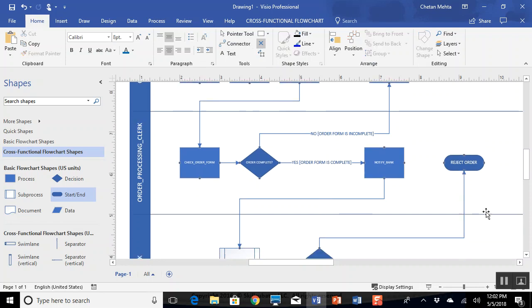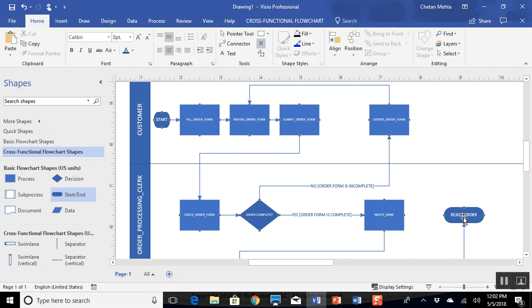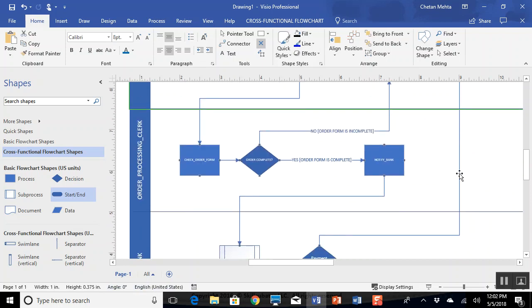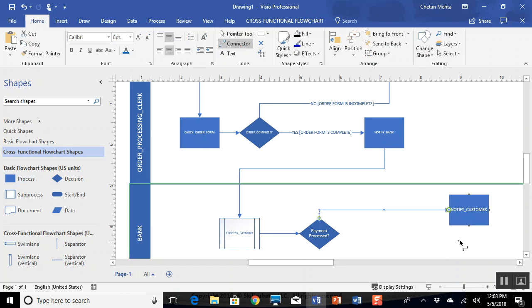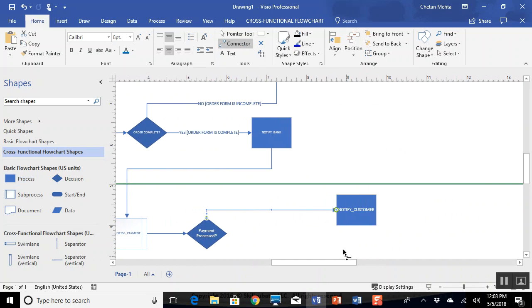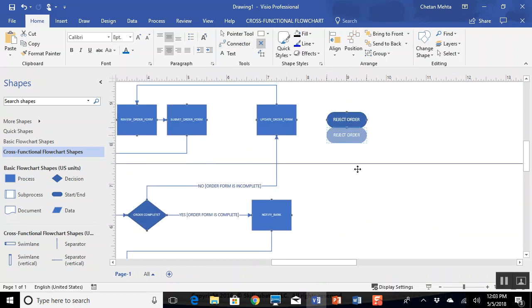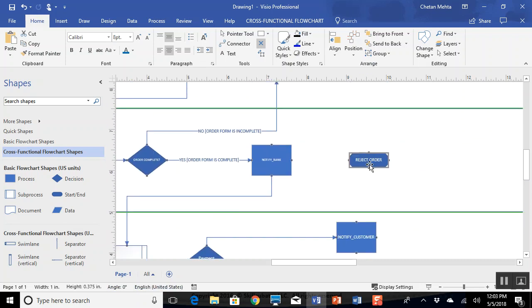And now let me add one more step here. I'm saying if the payment is not processed, notify customer, that means the bank has to notify the customer that your payment failed, and after that we will reject the order, because the payment was not successfully made, of course we cannot complete the order